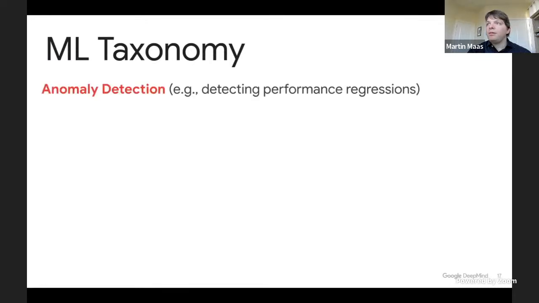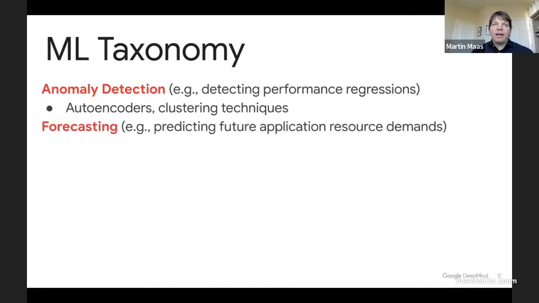A very common approach of using machine learning is anomaly detection. For example, detecting whether a program is experiencing performance regressions. This is true across a wide range of areas, and there are some established techniques like autoencoders or clustering techniques to solve this kind of problem. The next type of